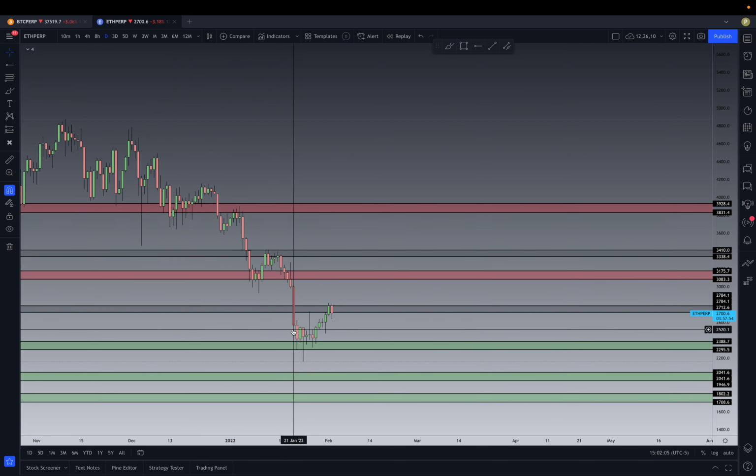boring sideways action. I mean, we've been in this area since January, so we're just kind of,